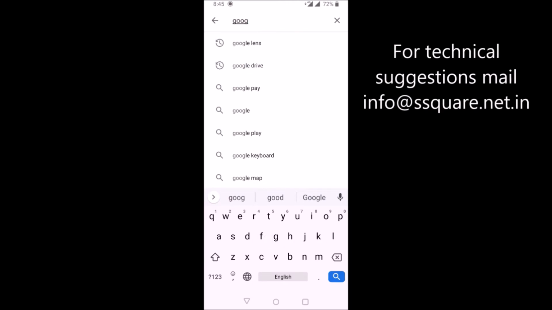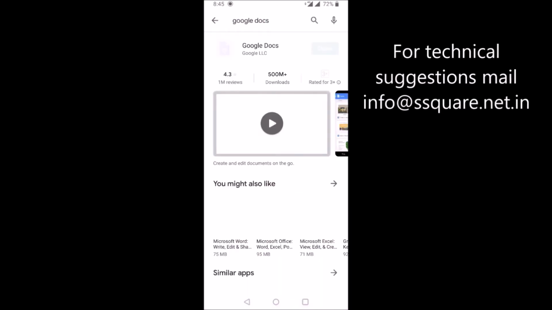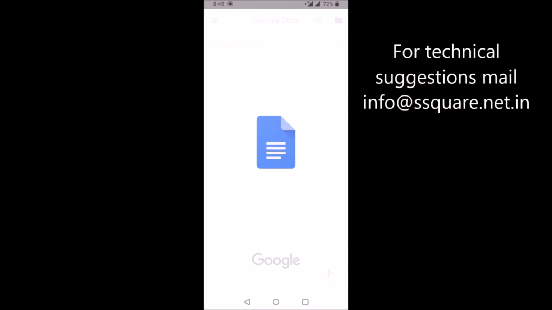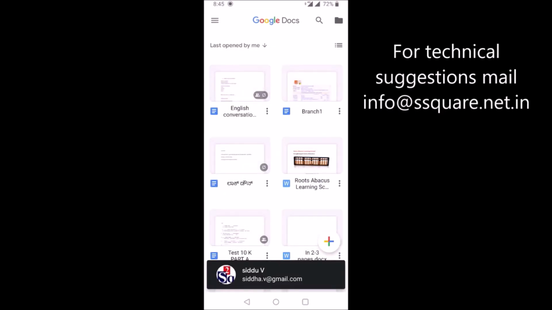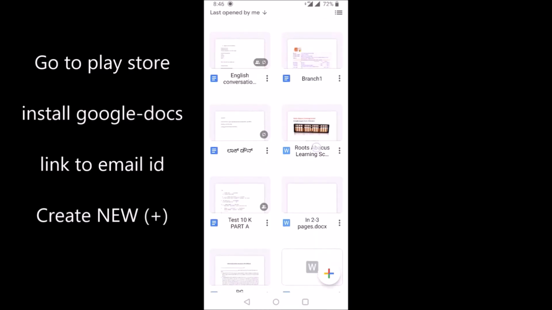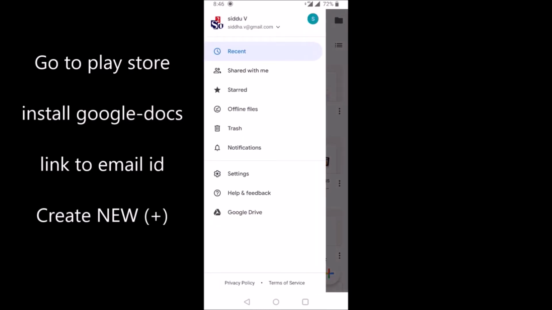Google Docs, DOCS. If you have installed it you can open it, or else you have to install and open the app. Your existing apps are automatically linked to your email ID, so whenever you want, your documents will be available in your email ID.